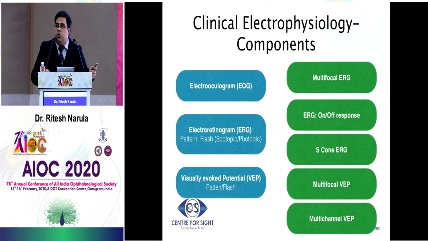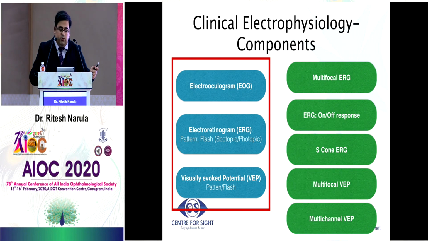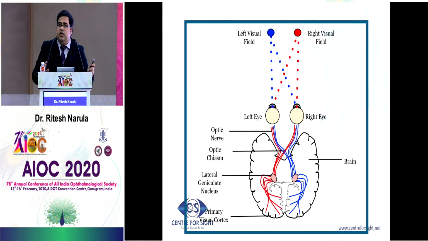So these are the multiple components of an electrodiagnostic test which we have with us. What I'll try to cover in 20 minutes is EOG, electrooculogram, ERG, which has pattern and flash ERG, typically the scotopic as well as the photopic ones, and just briefly about visual evoked potentials, or VEP. To understand electrophysiology, just remember this diagram,